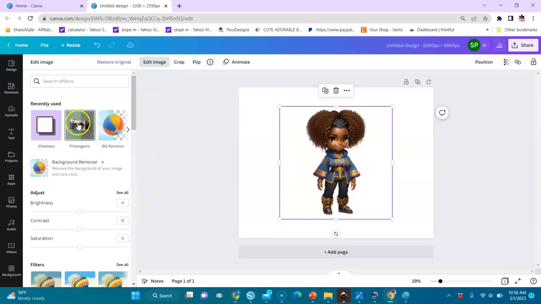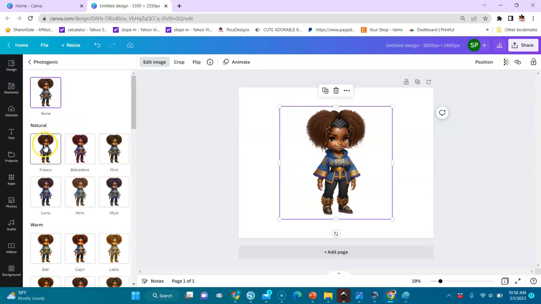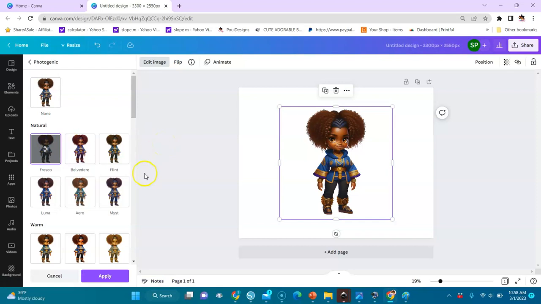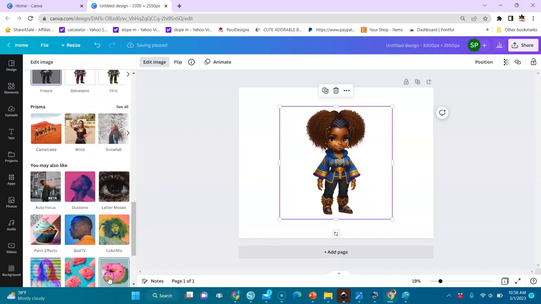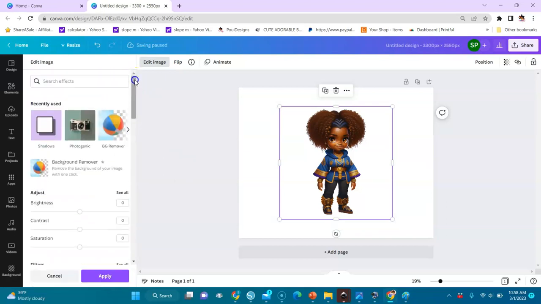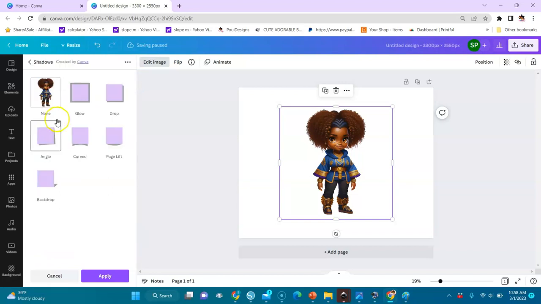and then I will go here, photogenic, to make the color more appealing, nicer, and I'll apply it. Okay, and I'll go back up and I'll go to shadows, and I'll go to glow. This is where you put the offset, you know, the white outline you put on your stickers to cut it out, and here is where you create it. I'll select this one,